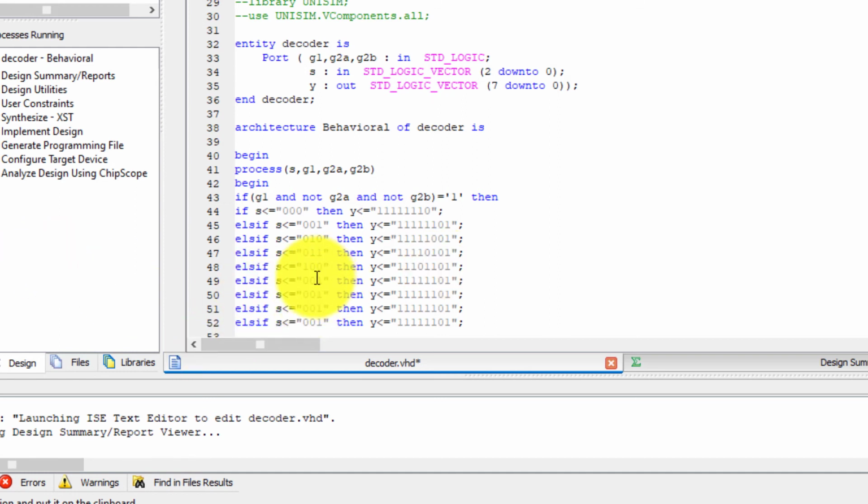Next 101 means the fifth place we are getting 0. Next 110, the sixth place we are getting 0. Next triple 1, this seventh place we are getting 0. Okay, remaining all we have to change to ones.